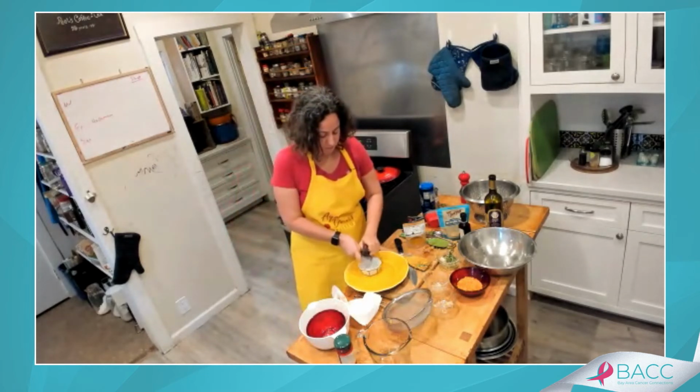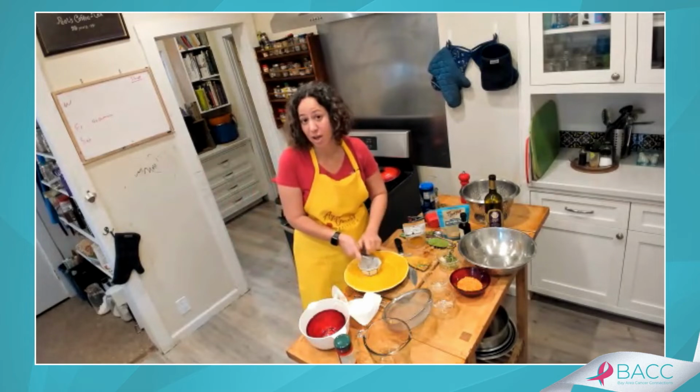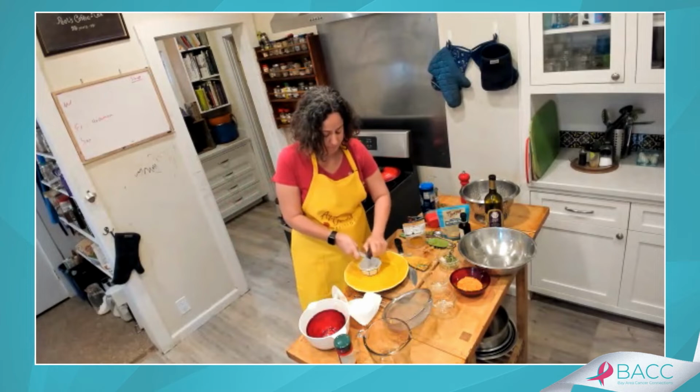So I'm going to just add a little bit of that to my eggs. Honestly, they taste really, really delicious without it. It's not something necessary to add, but I wanted you to have that as a tip. So remember Indian black salt. And actually,